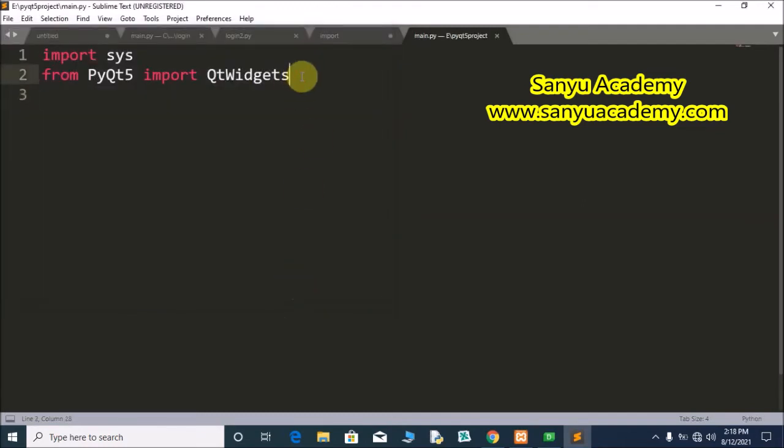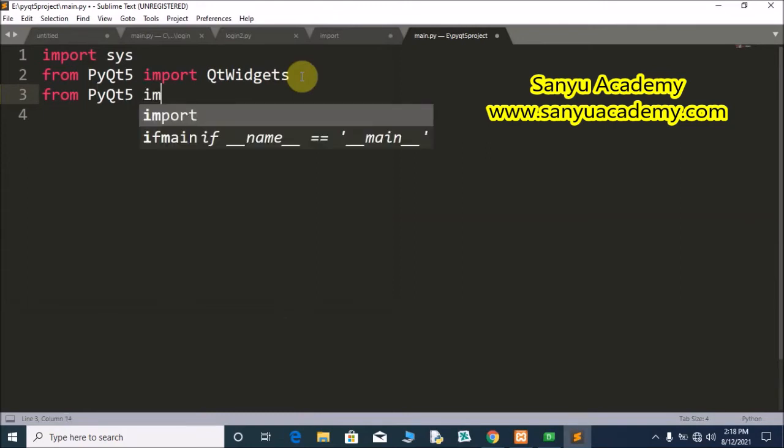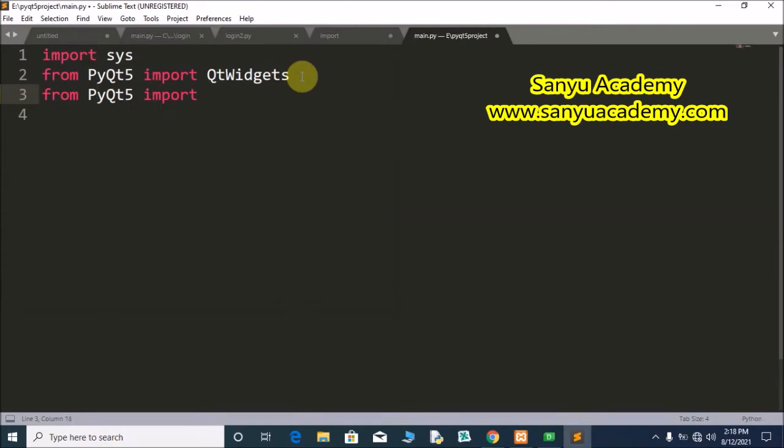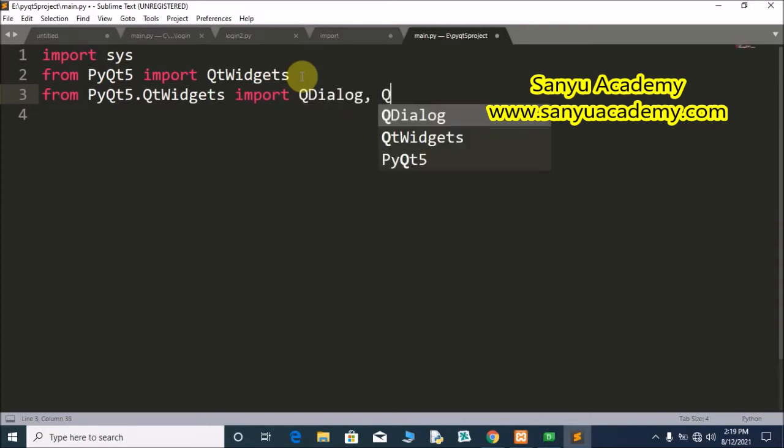Now we will import the PyQt5 Qt widgets. From PyQt5.QtWidgets import QDialog, QApplication, QMessageBox.